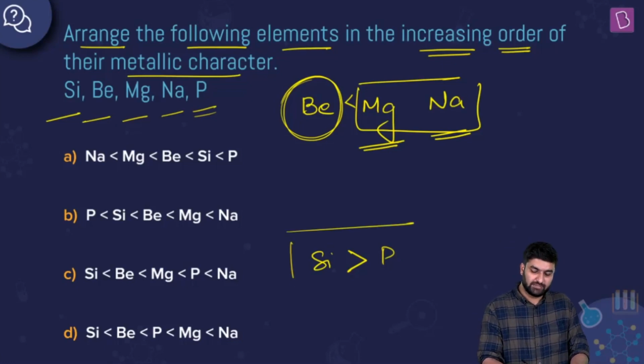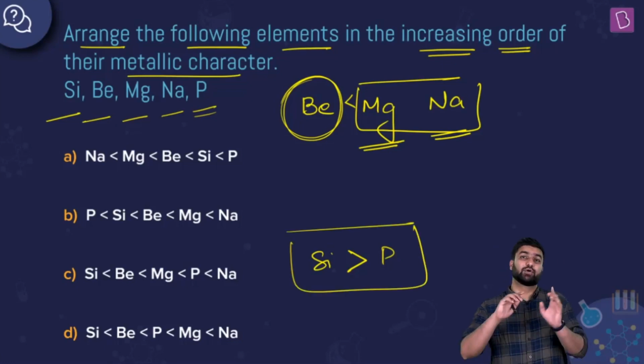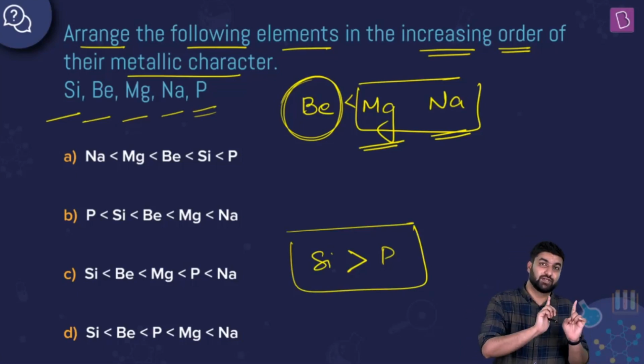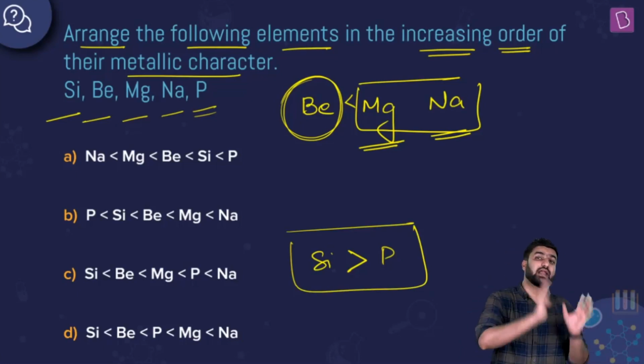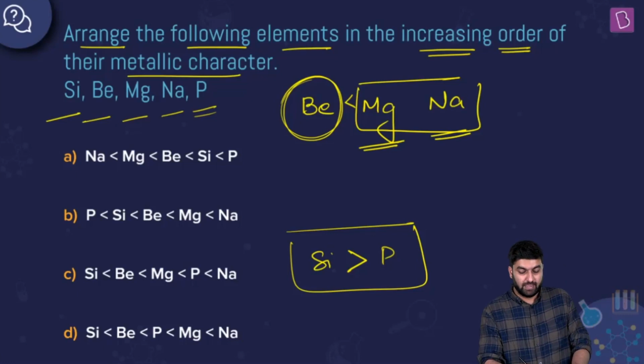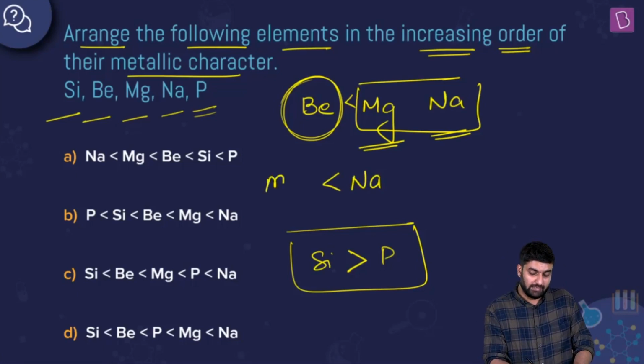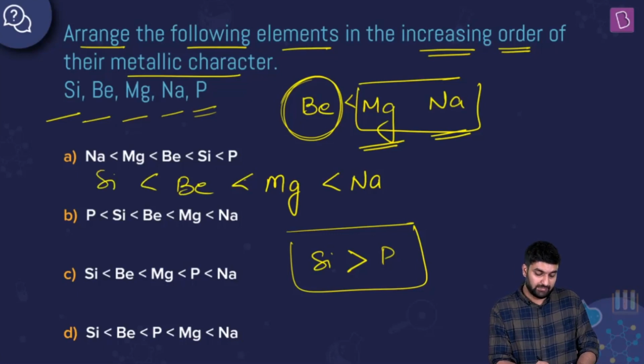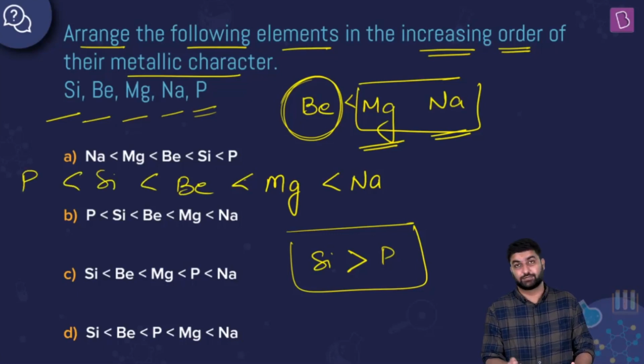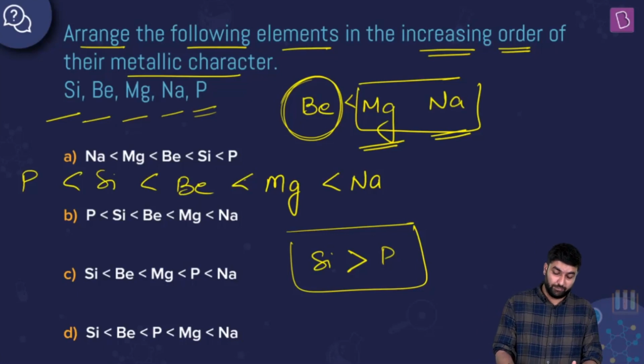The same logic that we applied here, that sodium comes and then magnesium comes, right? So magnesium is right of sodium. And for that very reason, we'll say that sodium has more metallic character than magnesium. Magnesium has more than beryllium. Beryllium has more than silicon, and silicon has more than phosphorus, right? So what we are looking for essentially is